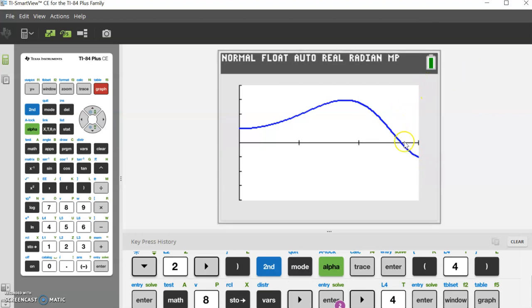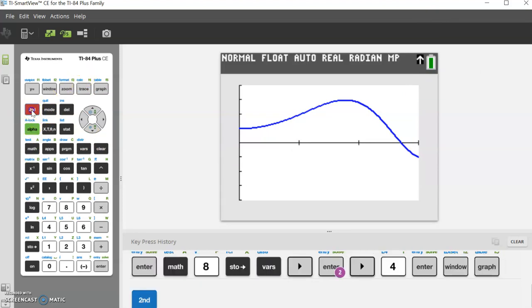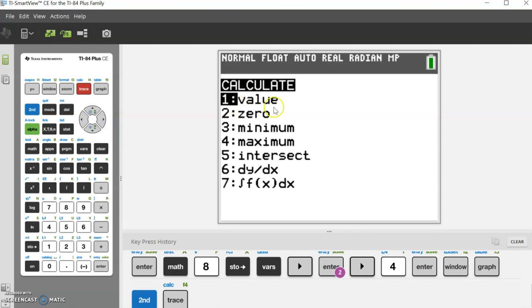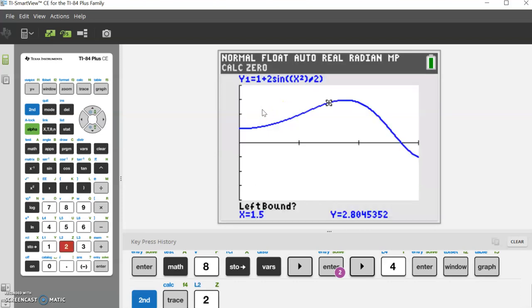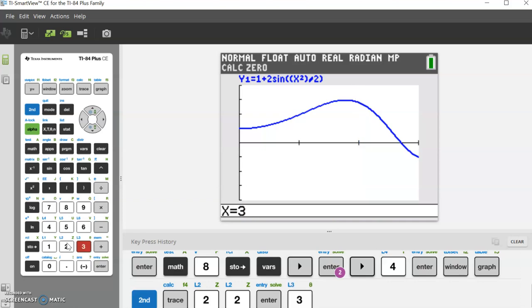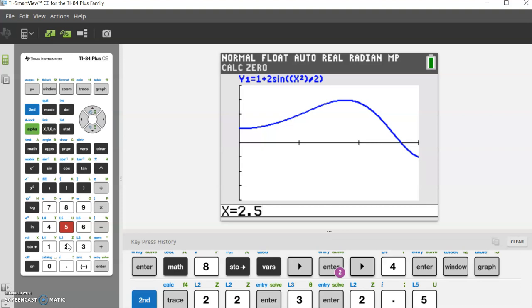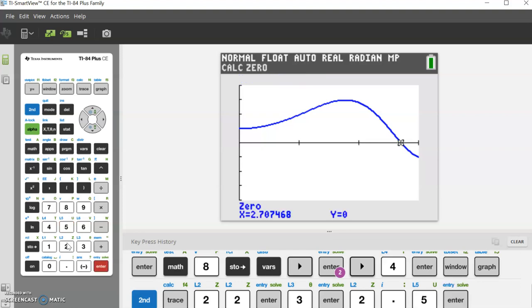To find this exact number, I'm going to use the calculate menu here, which is second, and calculate. And so I need to find a 0, number 2. So I need to choose something on the left and something on the right. I'm going to type now. And so I'm going to say 2 is on the left, and on the right was 3. And then my guess is going to be 2.5, as it's in the middle. And there's my answer,